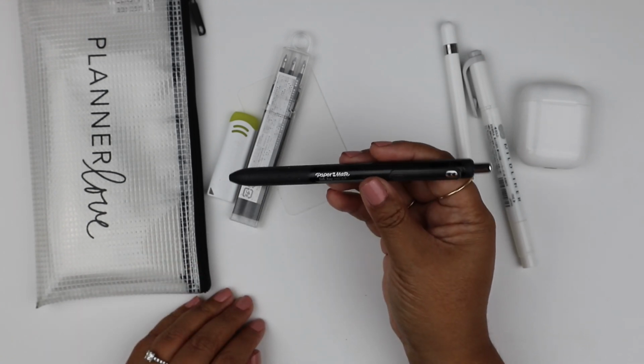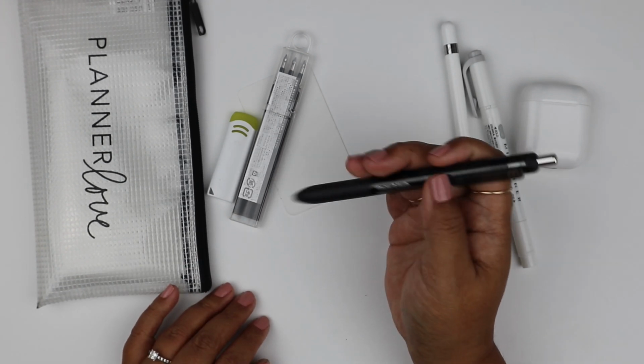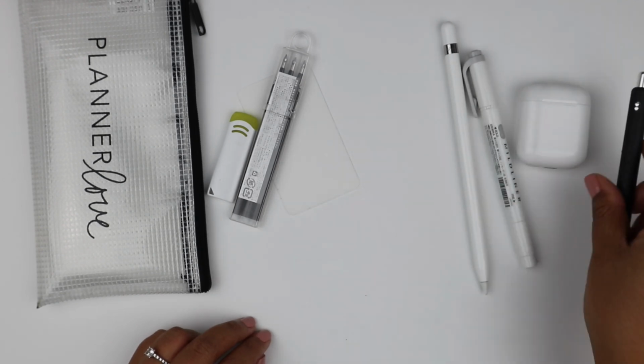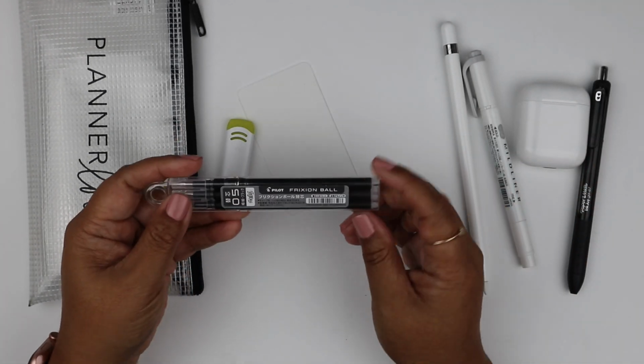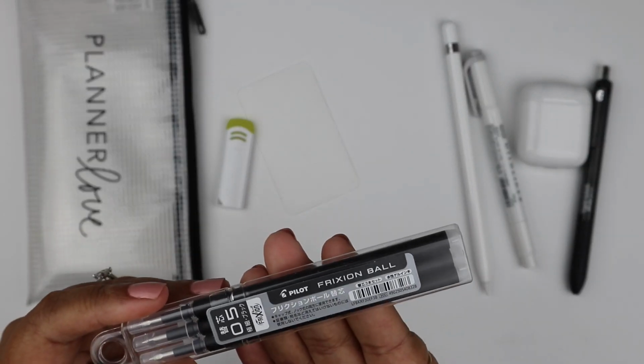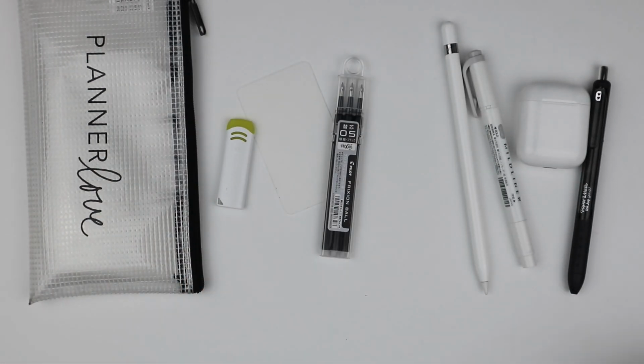So I use this as an extra pen, like if I'm signing a card on the go, or my throwaway pen. So if someone asks to borrow a pen, I give them this one. And then I have these extra refills for my friction pen, and this is the 0.5 refill for this pen